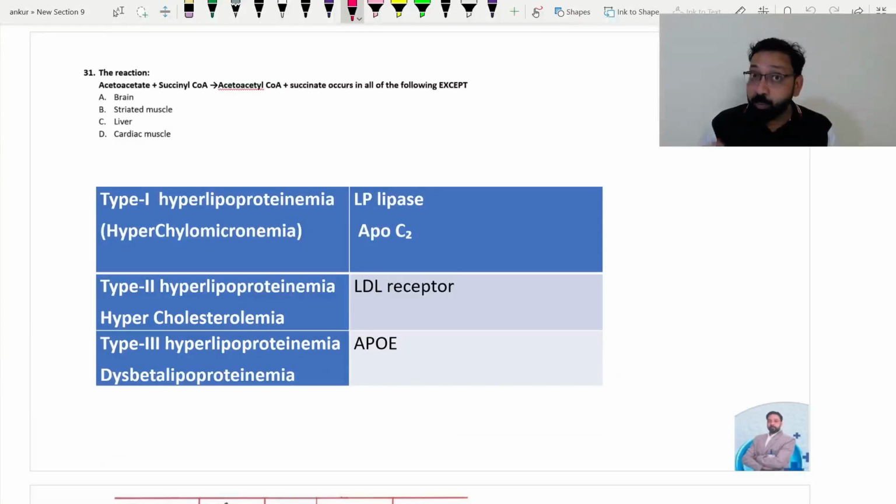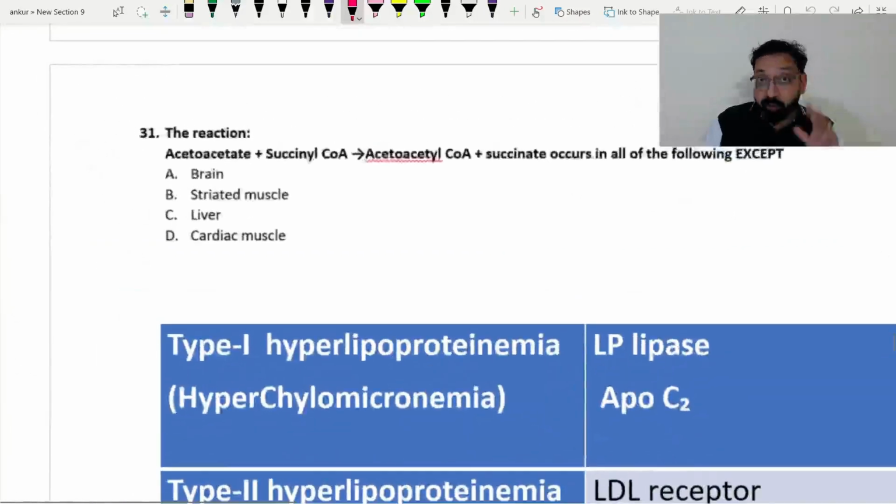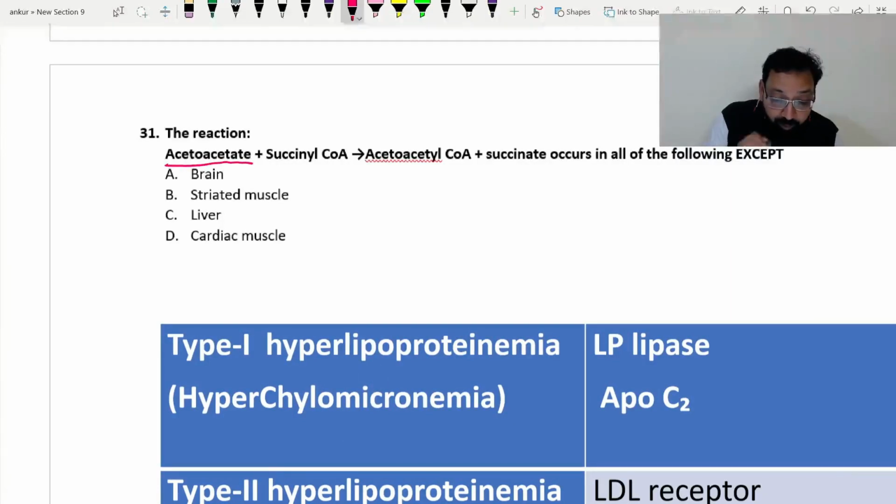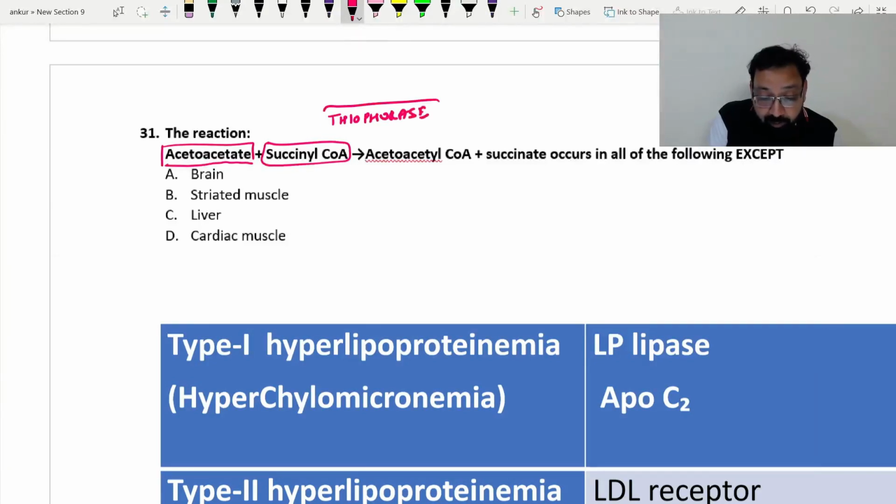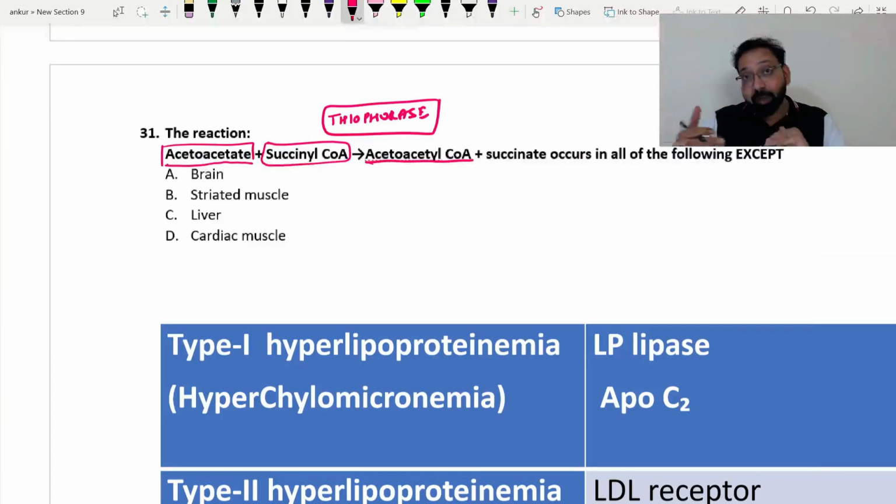Now we come to ketone body utilization. You all know three compounds which are termed as ketone bodies: acetoacetate, beta hydroxybutyrate, and acetone. This is ketone body utilization. Acetoacetate reacts with succinyl coenzyme A with the help of enzyme thiophorase. This enzyme converts acetoacetate to acetoacetyl coenzyme A. Then it is utilized by different cells, not all cells in our body, only important organs, most vital organs,